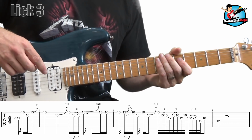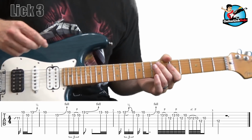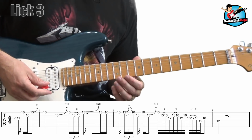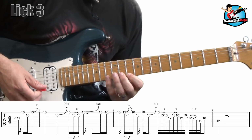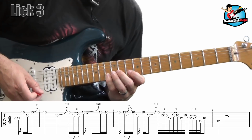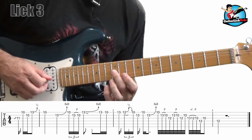And now we get to the monster part of the lick, this really, really fast, basically blues scale run. As we get the flat fifth in there. So starting in the 10 on the first string, upstroke, then downstroke, 13-10 pull off, downstroke on the 12,